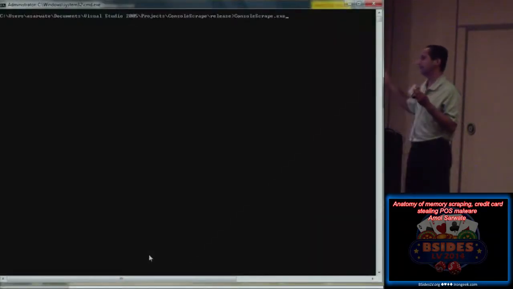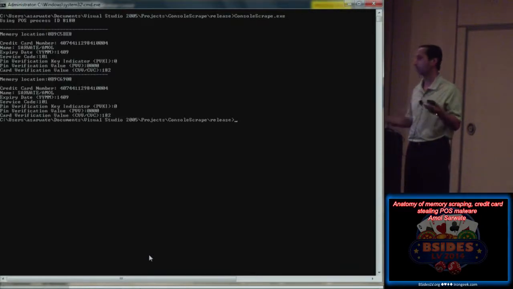So if I really had the malware, I would have the malware run continuously. For demo purpose, I'll basically just hit enter here, and what this would do is follow all the 4 steps that we just talked about. It would find the POS process, it would elevate its privileges, it would open the process, and it would scrape the memory for unencrypted credit card numbers. So let's see if the demo gods are with us or not, because I don't have a backup video for this. So I just press enter here, and boom.